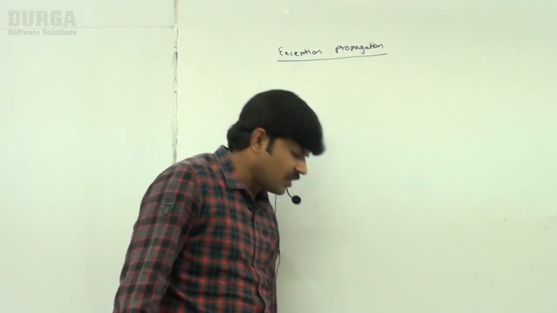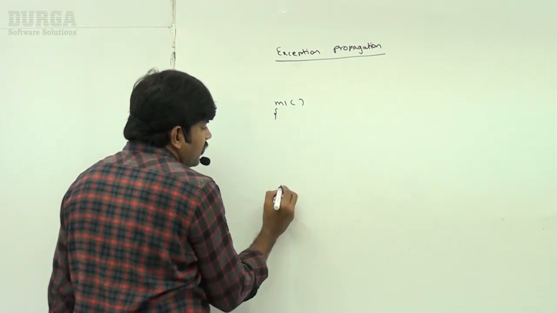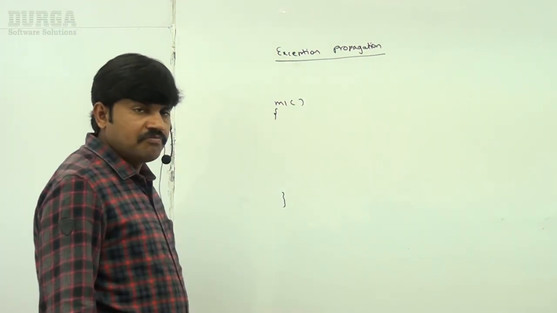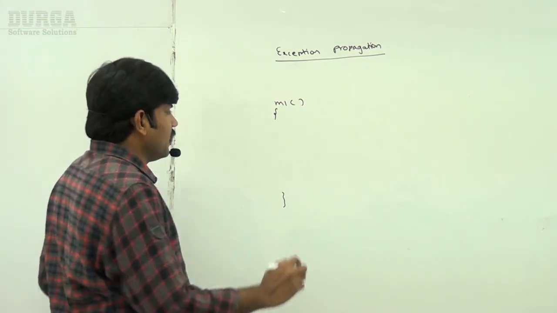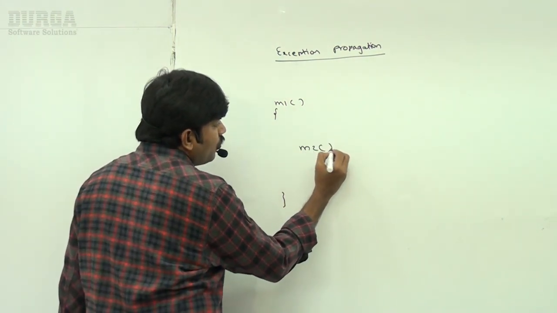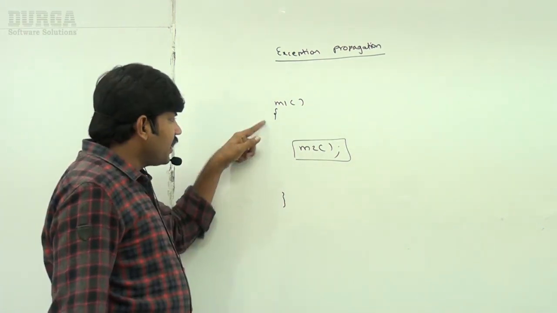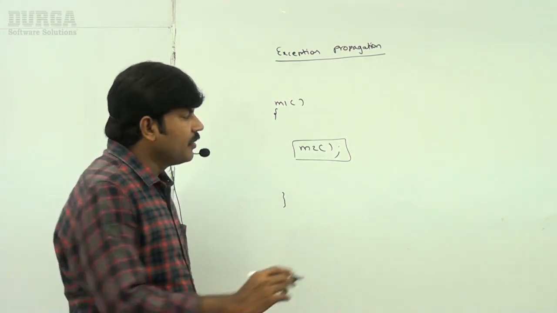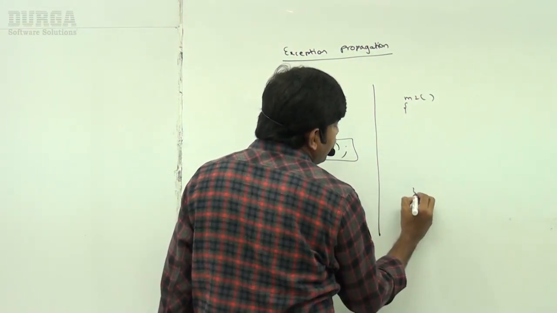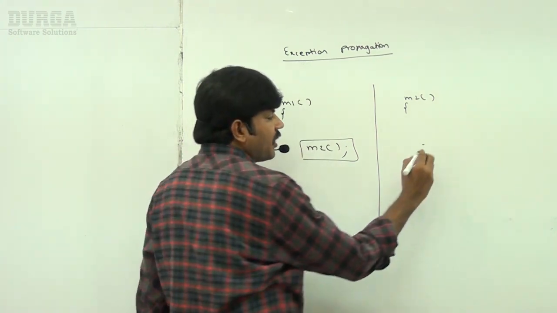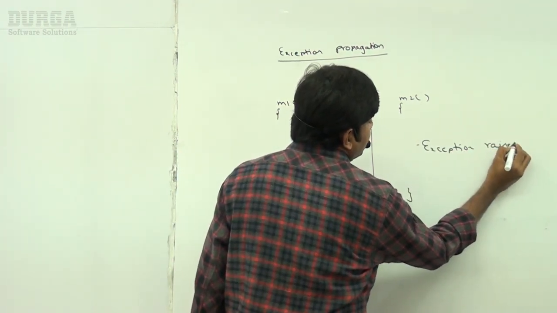Very simple. Suppose I have one method, the M1 method. Observe very carefully. We discussed this already, but we may not have used this word. Inside M1 I am calling the M2 method, right? Now I am taking the M2 method, and inside M2 an exception is raised. Observe very carefully, an exception is raised.